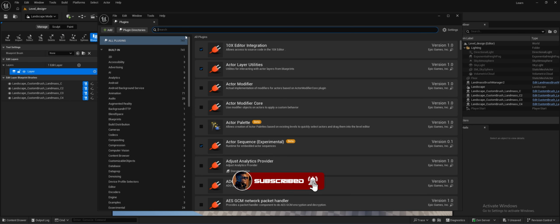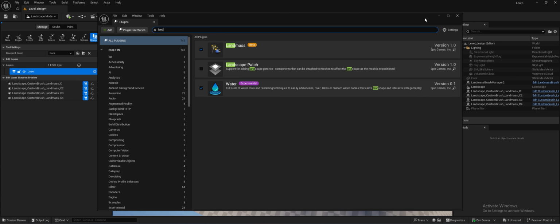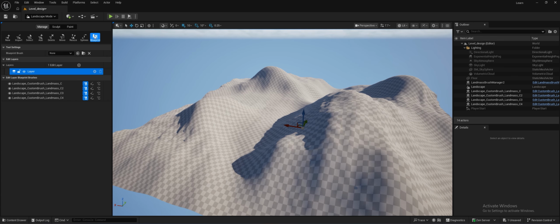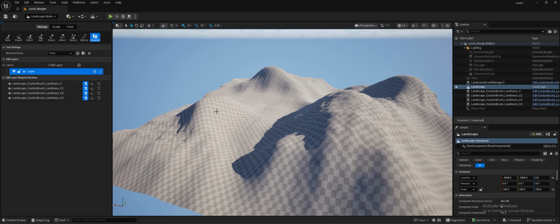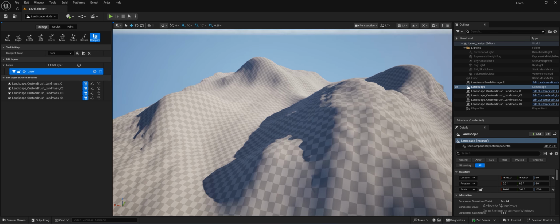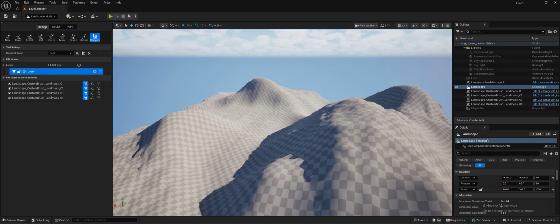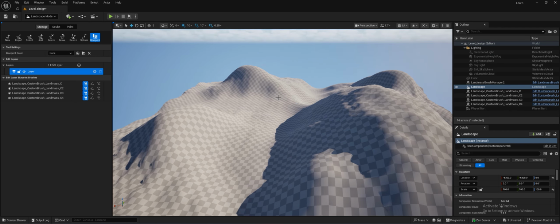Let me show you one more time. Here just type landmass, and you can just enable this thing, and you can select this blueprint and select the custom brush landmass, and you can just create cool mountains, not like this. You can just put some effort into that. You can literally create a huge mountain or terrain by using this landmass, which has a lot of